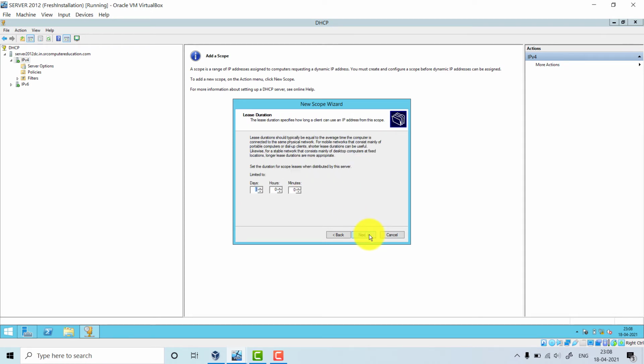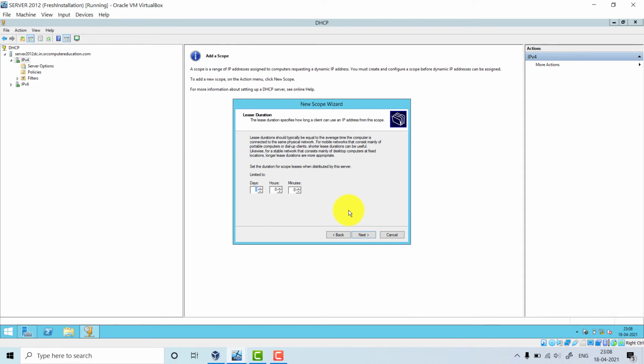Okay, click next. See, by default, IP addresses are always given on lease. Lease means for some particular time only. Suppose you go to some airport. Now they are also giving internet to you by DHCP only. Why? How can you confirm that?